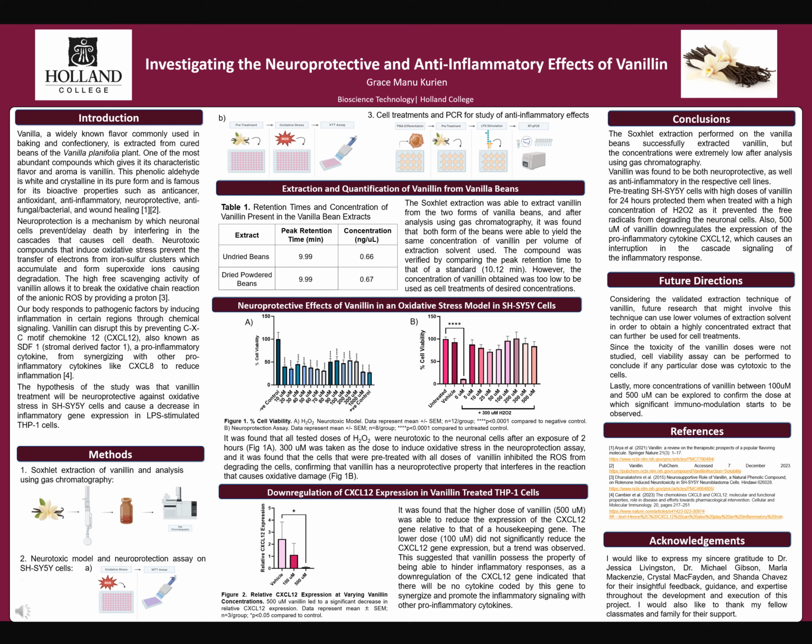In order to study the neuroprotective effects of vanillin, initially a neurotoxic model of hydrogen peroxide was developed by testing doses of H2O2 ranging from 10 to 1000 micromolars on Schwann cells for 2 hours. An MTT assay was performed on these cells to measure the percentage of cell viability, and a cytotoxic dose